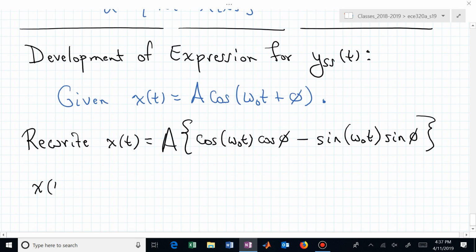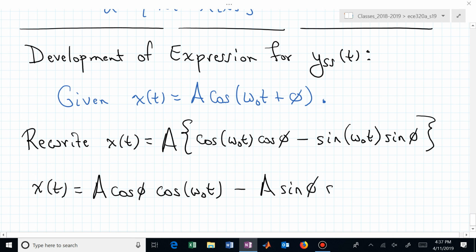Or x of t is now A cosine phi times cosine omega naught t minus A sine phi sine omega naught t,